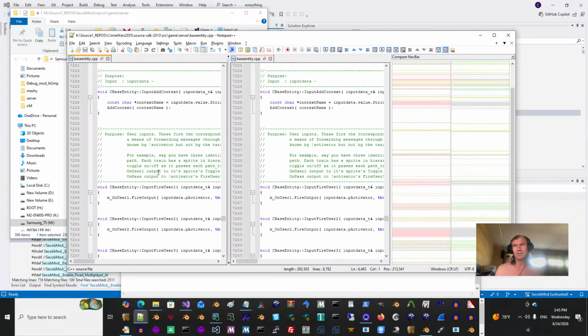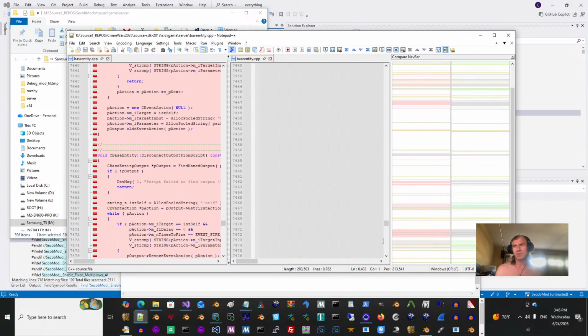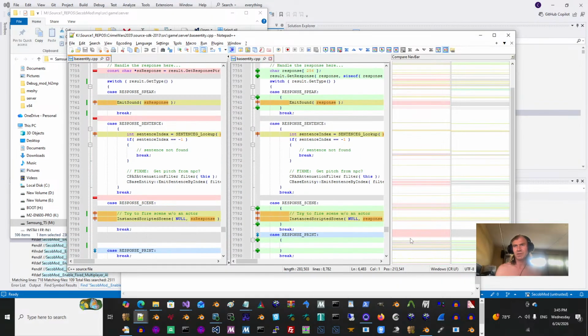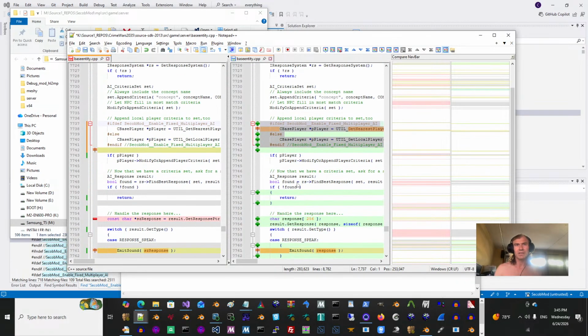Is that it? I thought that was it. Okay. Yeah, because this is scripting. Most of it is just scripting. But I think there was one thing. Okay, this is multiplayer code. Appends local player criterion. So this is for making him yell medic and, oh, he died. Now, I agree with the C++ mob guy. Put